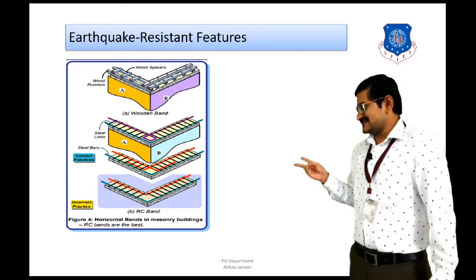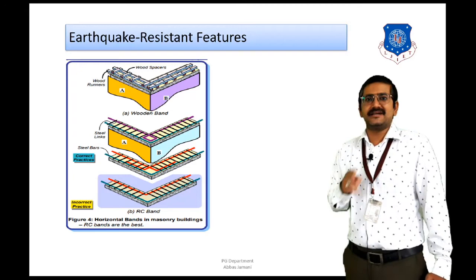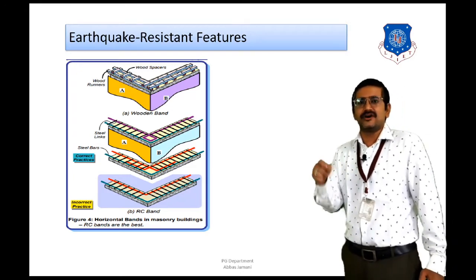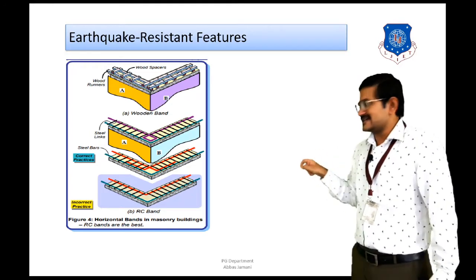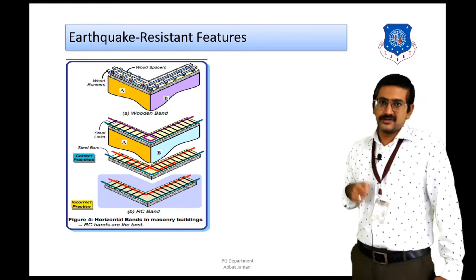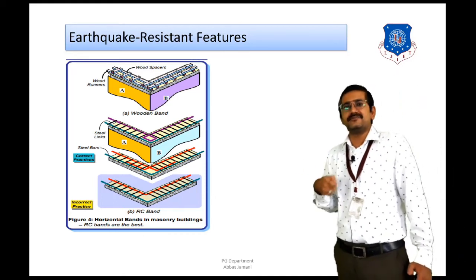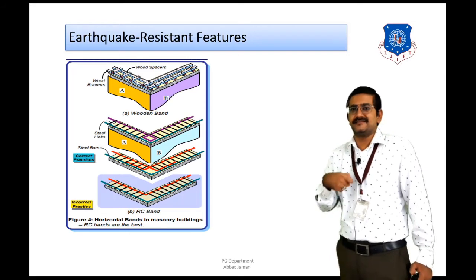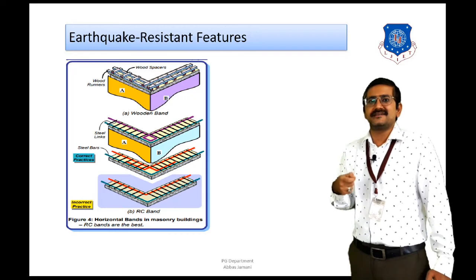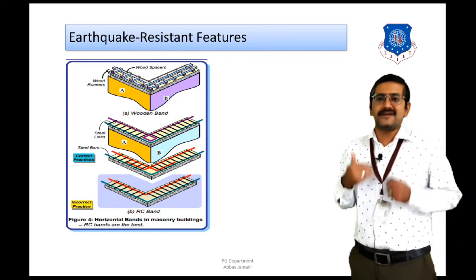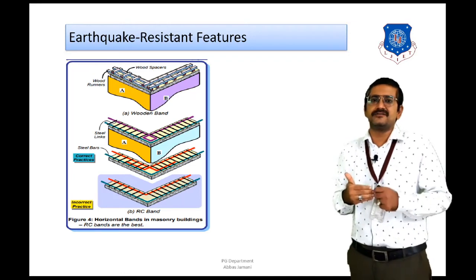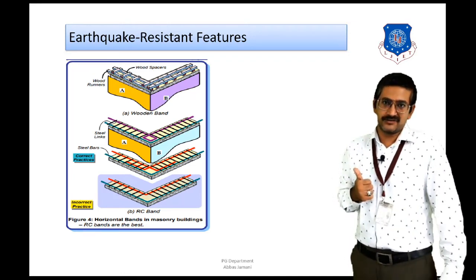So 2 sketches are shown. The first sketch is the correct practice, the second is the incorrect practice. If you look at the incorrect practice, you can see that at the corners, the reinforcing bars are not extended to the other side of the wall, and development length or anchorage length is not provided. When this is not provided, then when the walls undergo bending and pulling action, the chances are that these walls may separate from each other at the right angle corners, and as a result we will observe cracks developing at that junction.